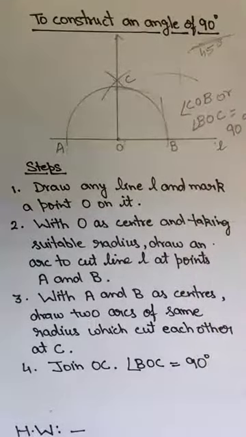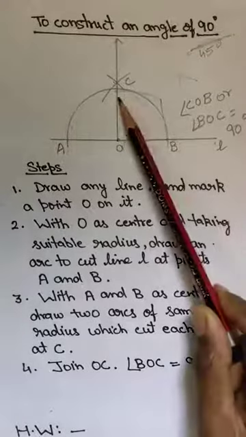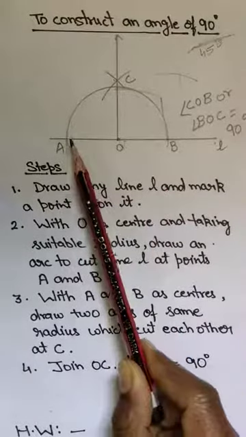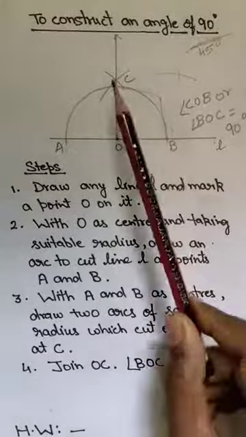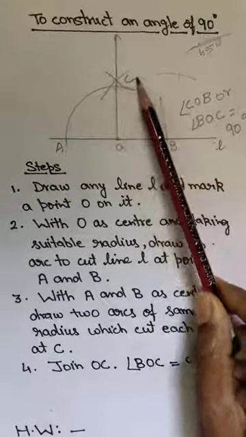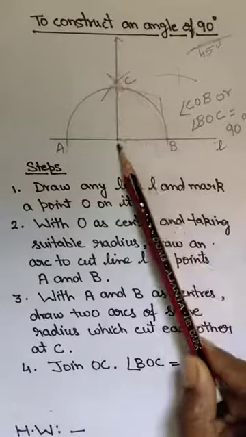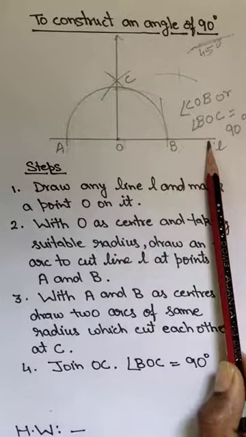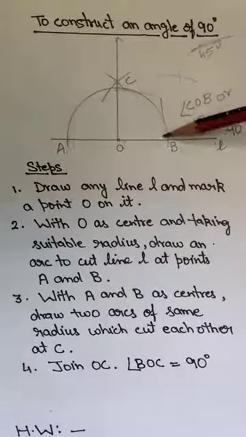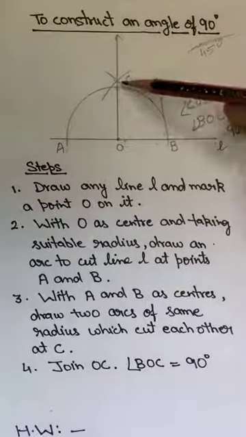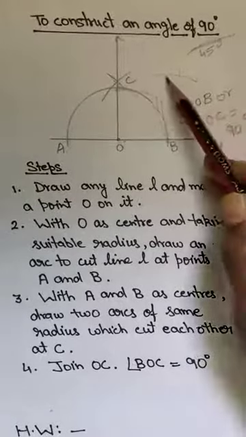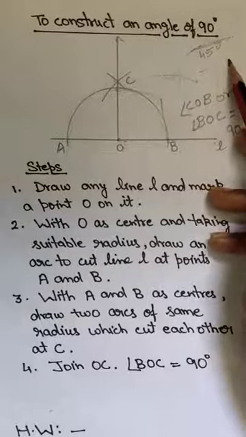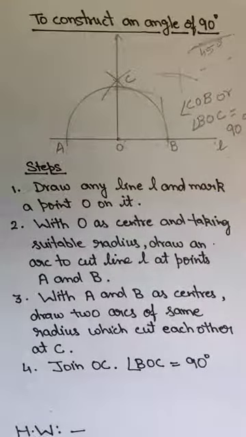That means now you will draw the bisector of 180 degree. So open your compass more than half of AB. Draw one arc from A, another arc from B, which cut each other at C. Join OC. This angle COB is 90 degree. And if we make the bisector of CB, open your compass more than half of CB, one arc from B and one arc from C, then it will be of 45 degree because 45 degree is half of 90 degree.